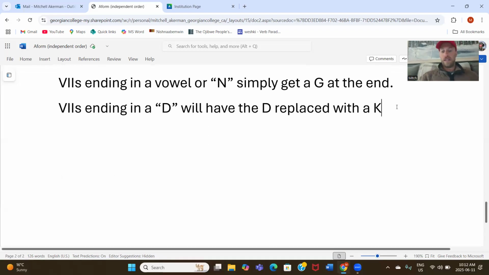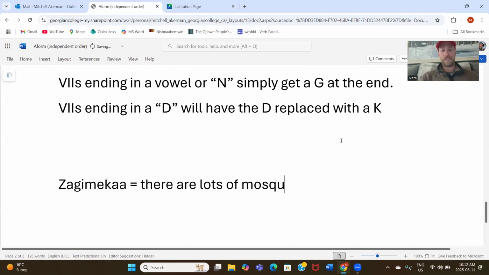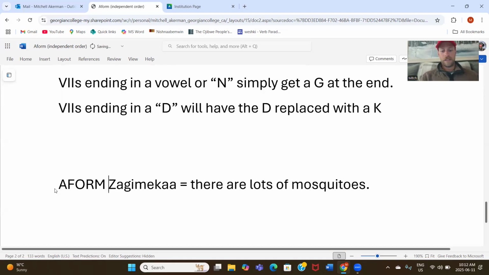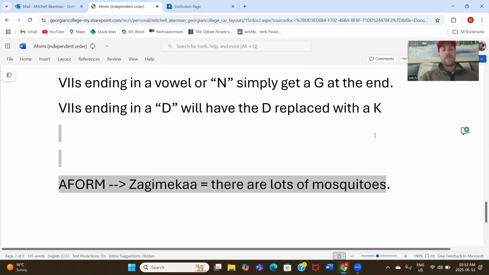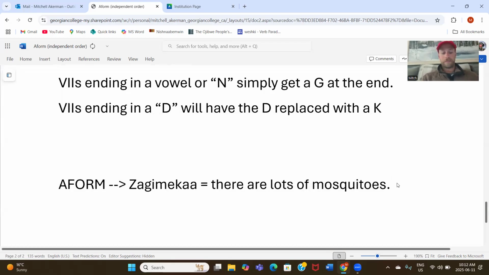So let's get into it, okay? And let's start changing some words. So if I take a VII like Zagameka, okay, there are lots of mosquitoes. That's it in A form. There are lots of mosquitoes, A form, Zagameka. If I want to put that into B form,